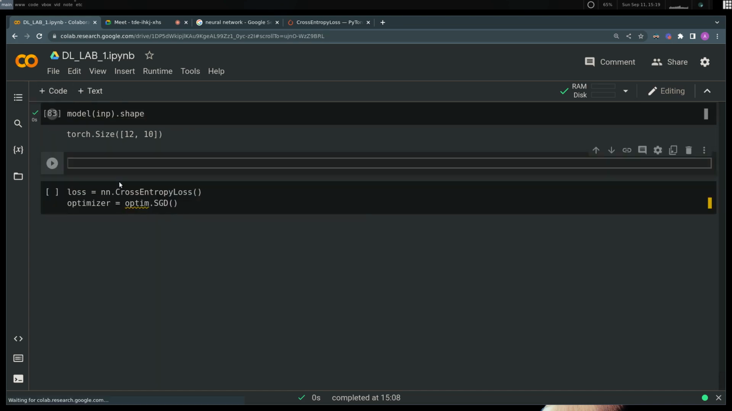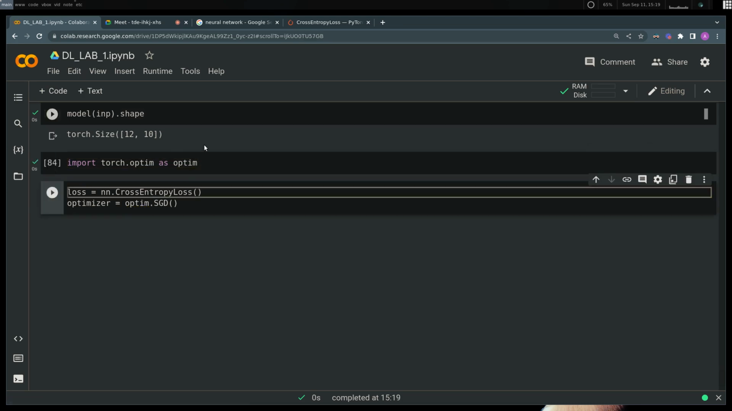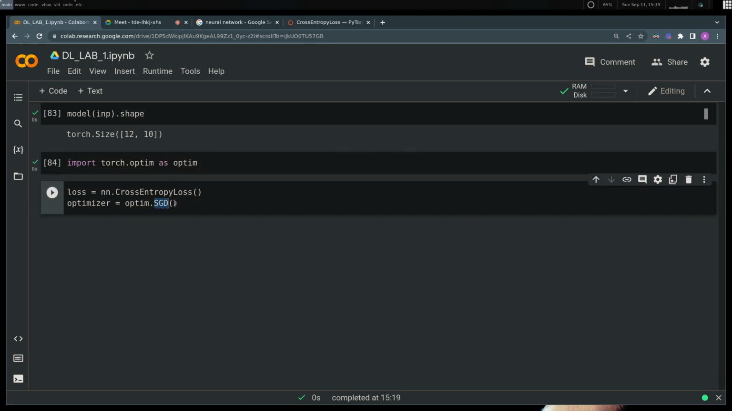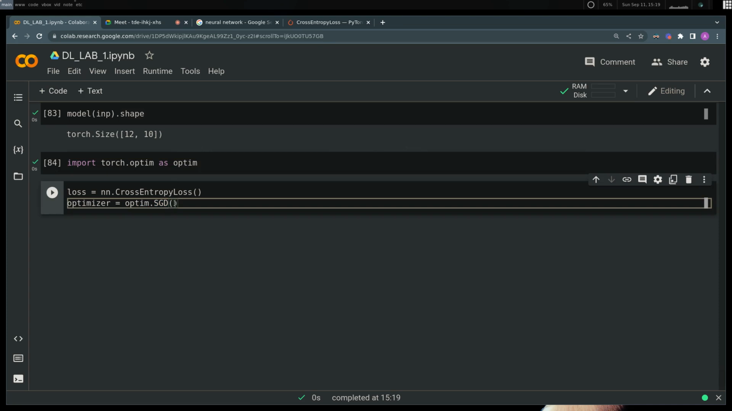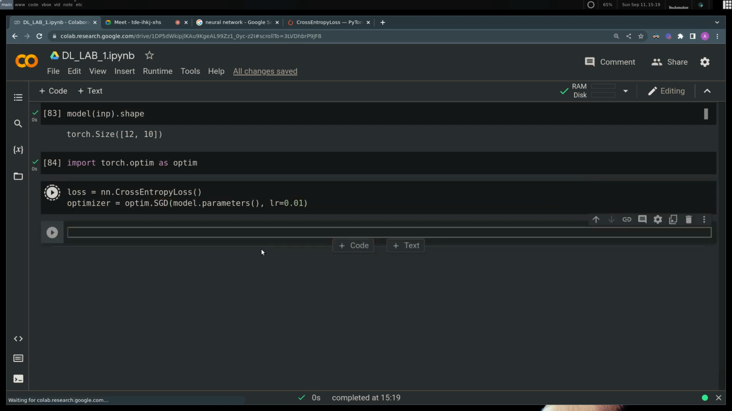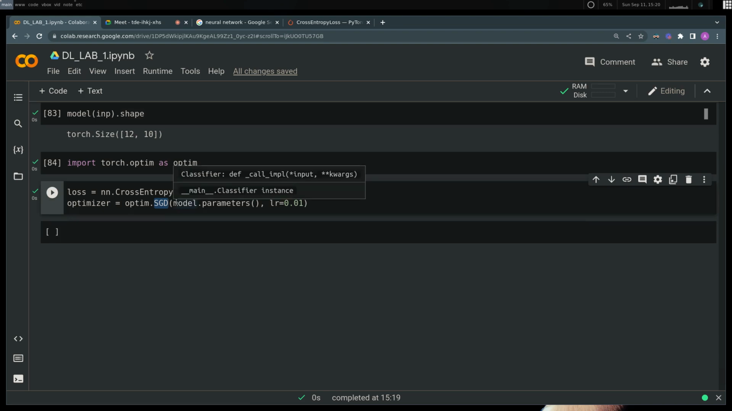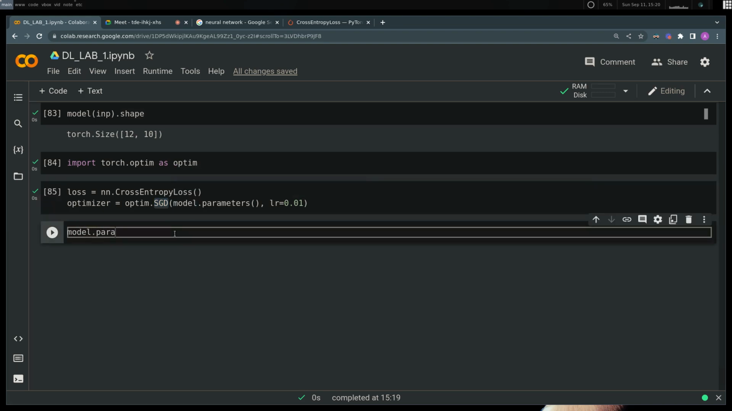For the optimizer we have to import optim, and this optim contains the optimizer called SGD, which stands for stochastic gradient descent, just an optimization algorithm. This optimizer works on model.parameters. And we have to specify the learning rate. Let's specify something for now. I'll explain what this is later. Just understand that there's some optimization algorithm, and we're using SGD for now. This SGD is going to use the model parameters. So if you run model.parameters,